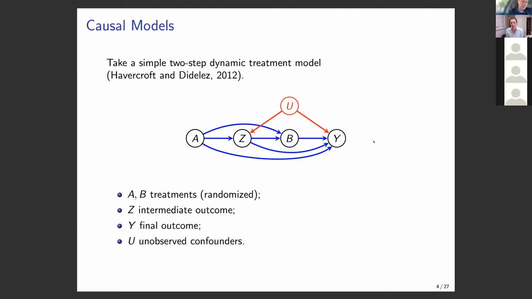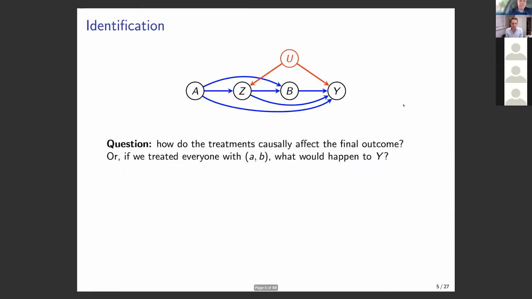And then on the basis of all three of those things, they'll have a final outcome, which we're going to call Y. And of course, because these outcomes are measured on the same patient, we're going to expect that these two things will have some unobserved confounders affecting them both. So a standard causal question we might want to ask is, suppose that we fixed both the treatments in advance to be big A has to be little a and big B has to be little b, then what would happen to the distribution of Y? So we're trying to do an intervention where we sever these two edges into B and see what would happen to the distribution of Y.